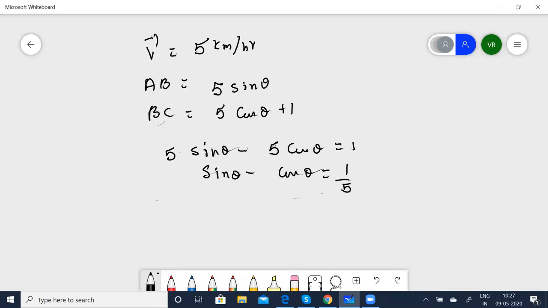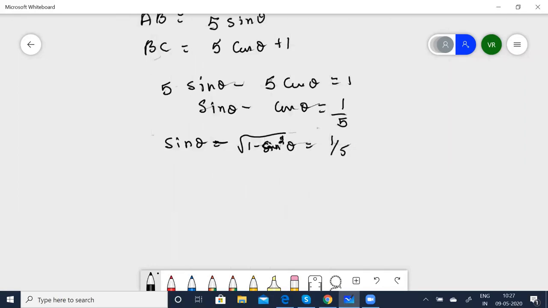Now, I can write cos theta as the square root of 1 minus sine squared theta, so sine theta minus the square root of 1 minus sine squared theta is equal to 1 by 5. Now quickly square and simplify. You'll get a quadratic equation. I know you're all well aware, so I'm not doing it elaborately, just the simple steps. You can square and simplify, and finally you get the equation 50 sine squared theta